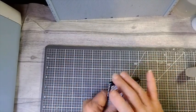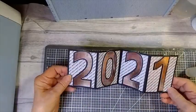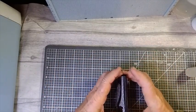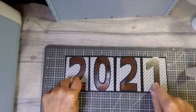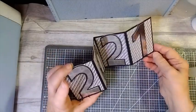Might have missed filming putting those down, but you get the idea. 2021 in the center, and these all measure 3 3/4 in length as well. Okay,